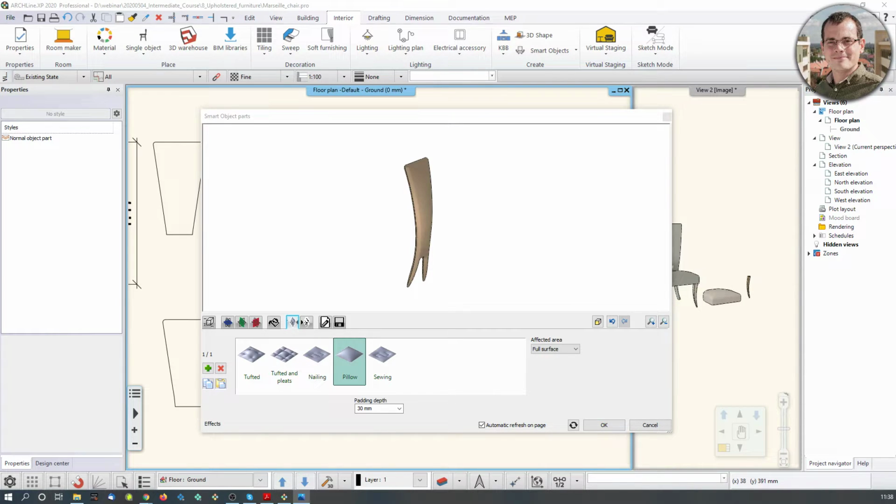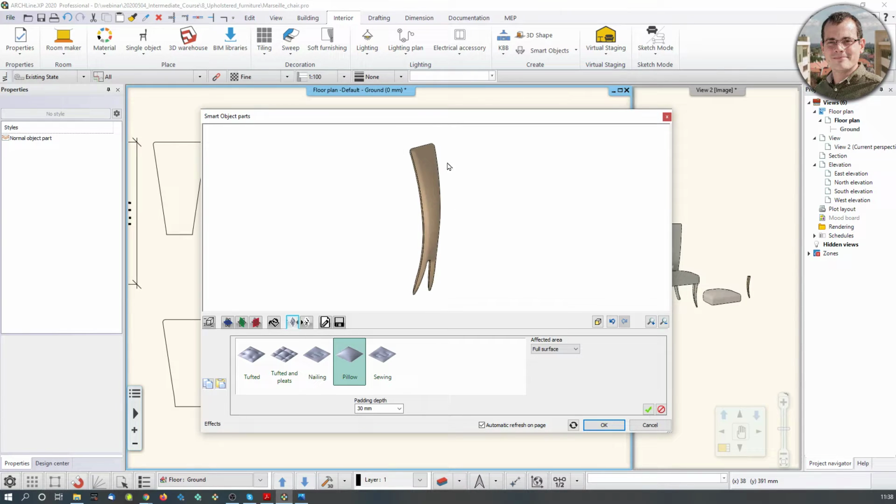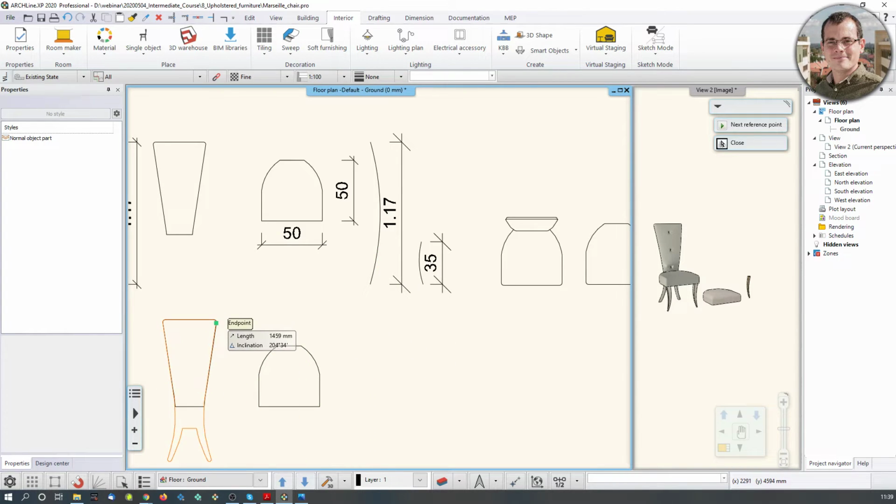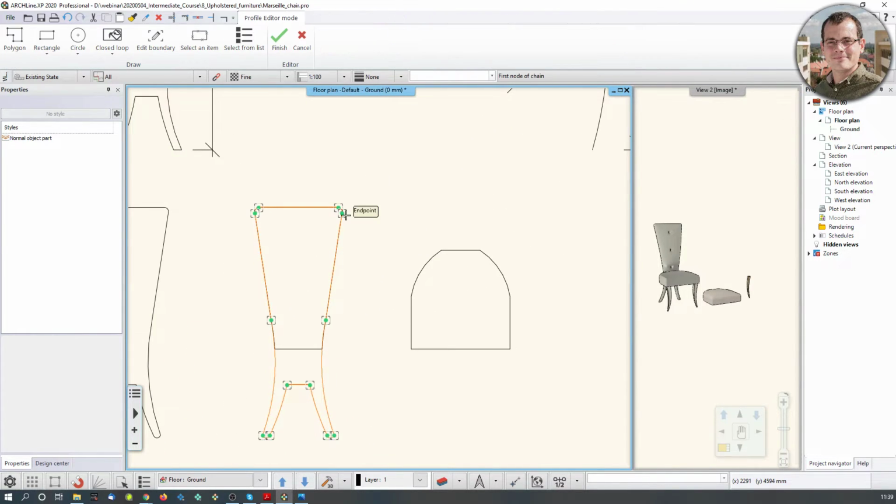So what to do? You notice there's a green plus, and if I do that, I can have another effect on top of the pillow effect. So let's click on that one. And instead of saying that the full surface has to be made this kind of pillow shape or has to be extruded, I'm clicking on the reduced area, and I'm going to hit custom area. Yeah, custom area is the one. And I'm clicking on this star icon up here. And now the software tells me, okay, here's the profile that you created before, and define for me now how large is the area that you want to